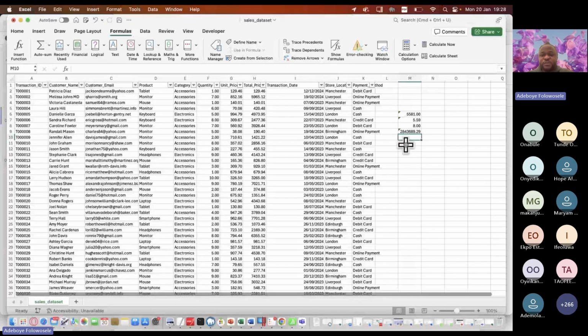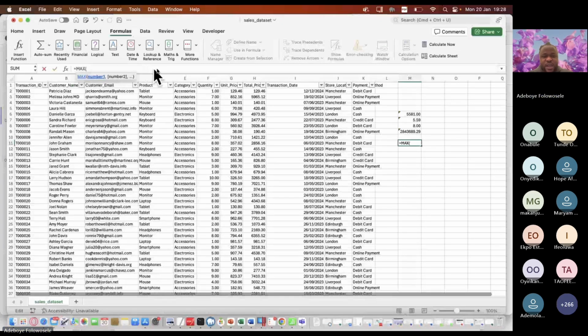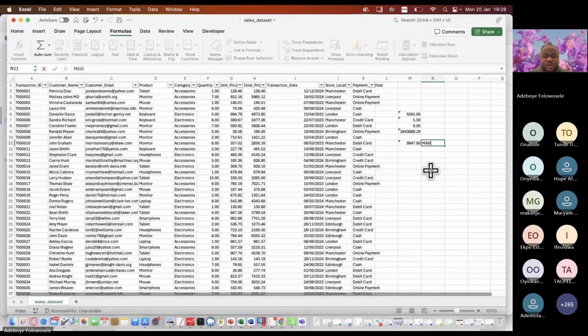Now, if I want to know the maximum amount of goods that was sold this month, all I need to do is to press equal to max. So if I want to know the maximum of the total price, I click on this, H1000, like that. So this is showing me the maximum quantity sold. Maximum quantity